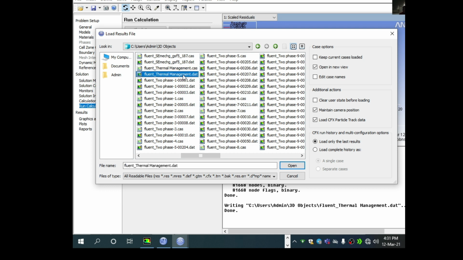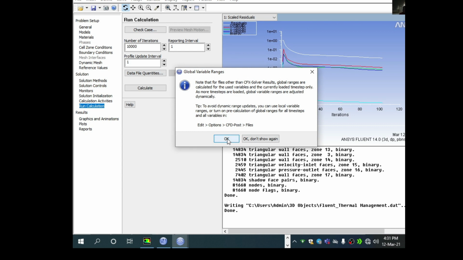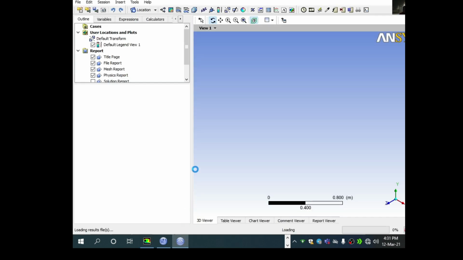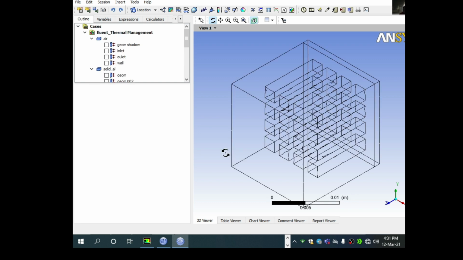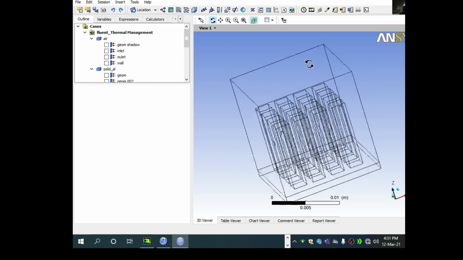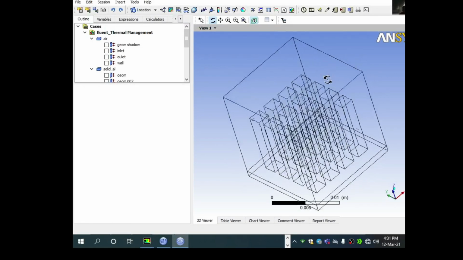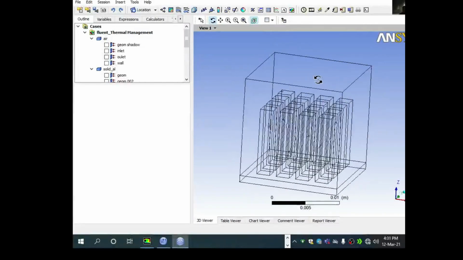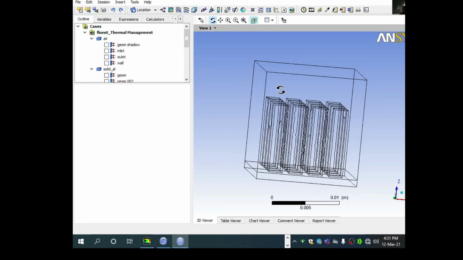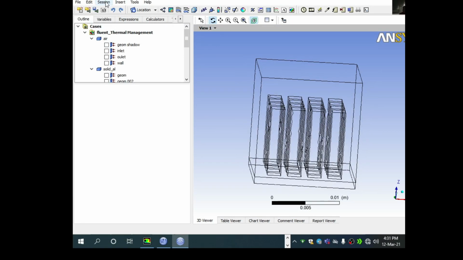Here we need to import the .dat file, that is the data file. Okay, so it will be like this. In the X direction it is the inlet and the Y direction is the outlet. So let's check what we will do.